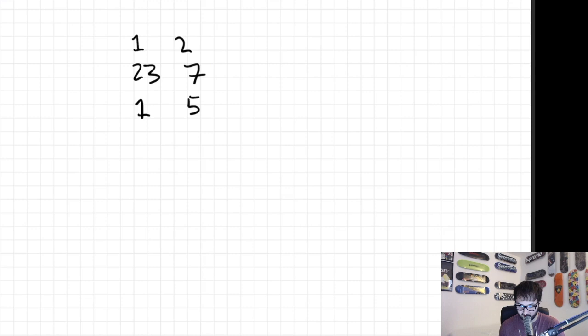But as we've done it so far, what you would get is 1 space 2, and then 23 space 7, and then 1 space 5. So this 23 would push this 7 over, so it wouldn't line up nicely here. So how can we make it so that these push these over to fit this 23 so that these all line up nicely? Well, we can use iomanip,